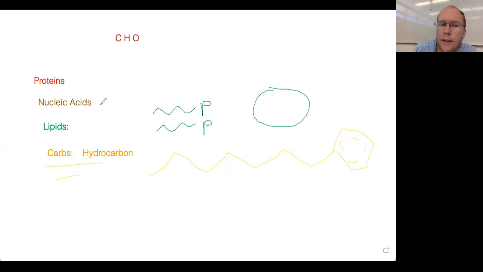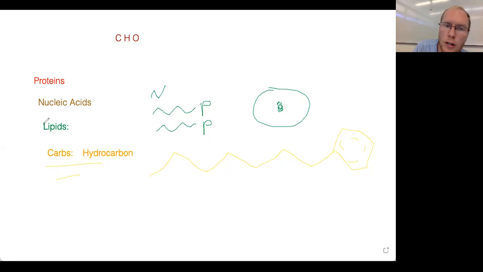Next, we have our nucleic acid, which is our DNA in the center of our cell, and the RNA, which is how the DNA sends its messages out of the center of the cell. Nucleic acids also involve nitrogen. And lastly, we have our proteins, which is basically all the machinery. So proteins is everything else in the cell. So when it wants to build new organelles, when it wants to send out different things, it needs proteins to